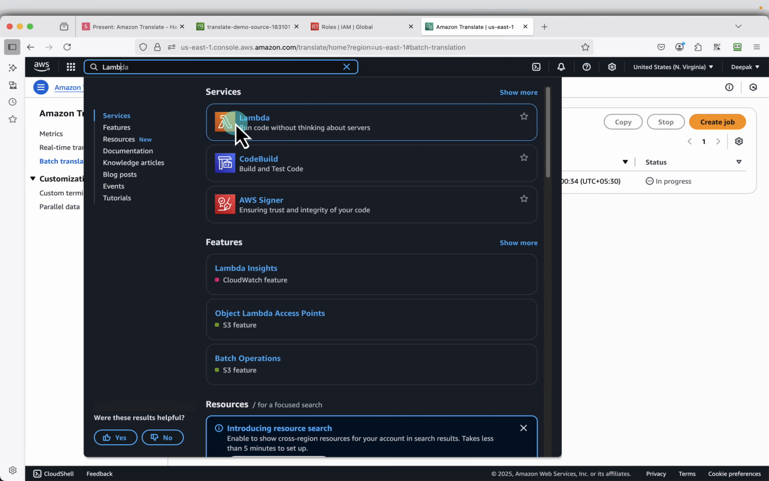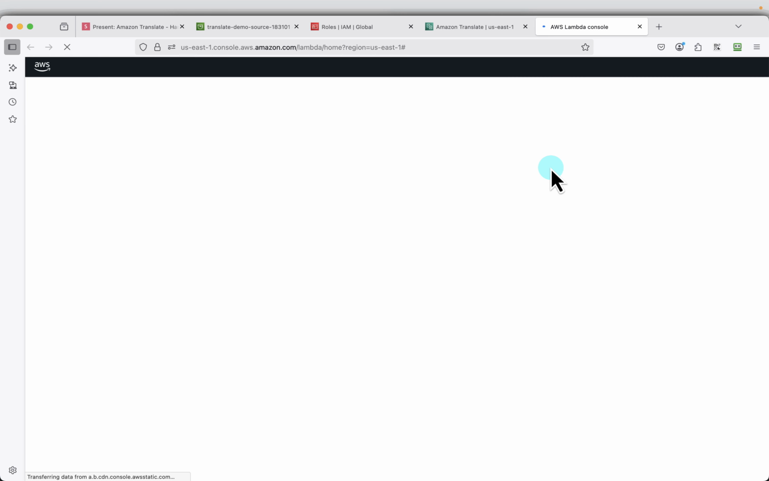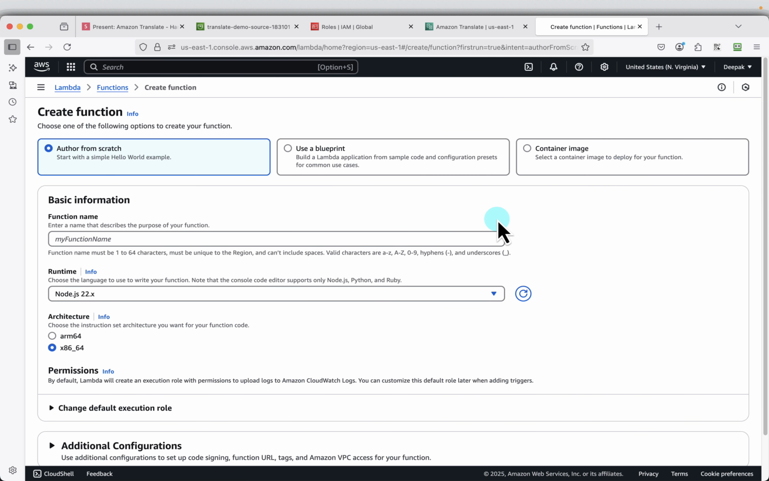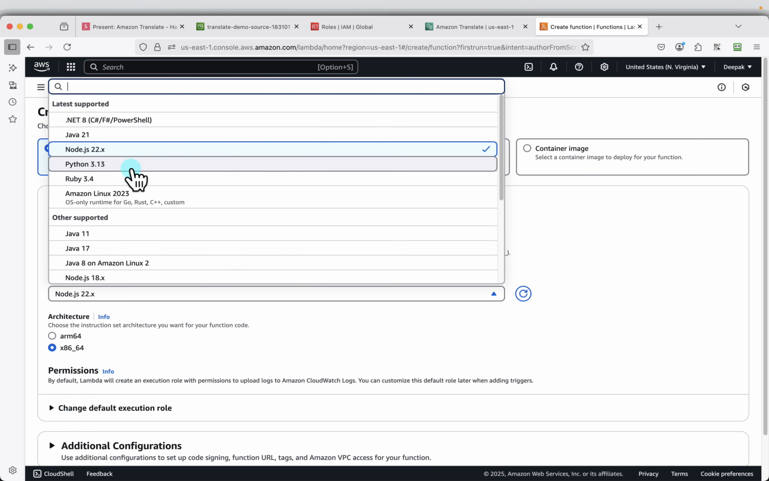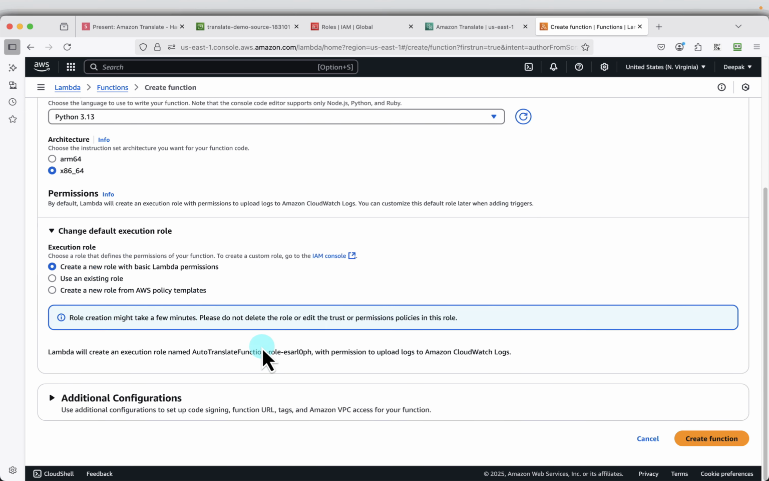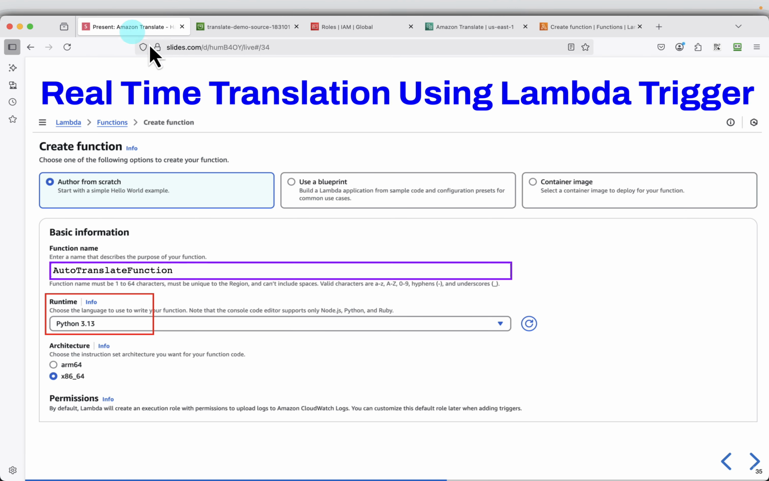I go to the Lambda service, open this also in a new tab, and click on create function. Provide the function name, and the runtime will be Python 3.13, and all the rest of the settings are default. The only thing I will provide is the